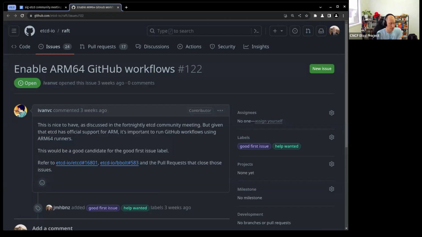We've done a lot of work recently with, for example, bbolt, and obviously previously with the etcd main repository, getting ARM64 workflows running, and getting ARM64 to tier 1 support for the etcd main repository. So it would be nice just to run some of these Raft test suites on the ARM64 runners. I'm expecting 0 issues, but it's still good to do. So it's a good first issue. If we have a new contributor on the call, happy to assign it. Otherwise, we can come back to it in future.